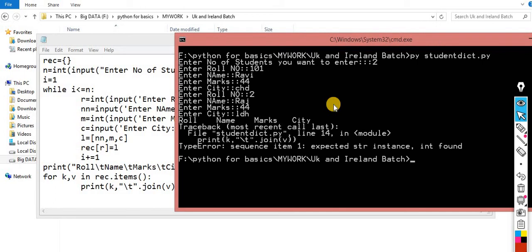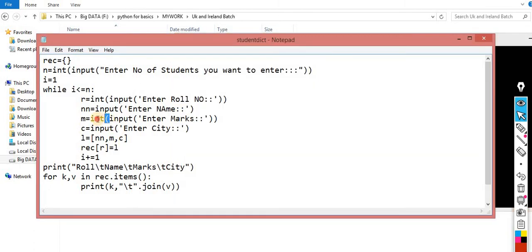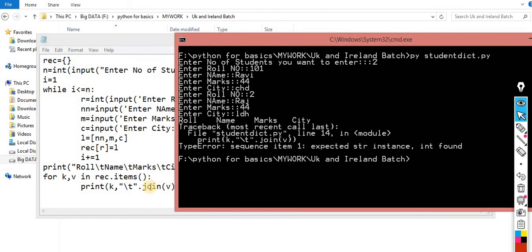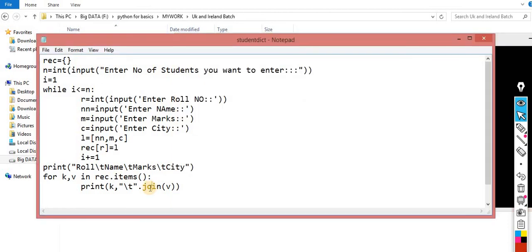Why so? Unexpected string, found int. So this would not work, but it should work. Because, as I already told you, when you use this join method, every value inside the list should be a string.